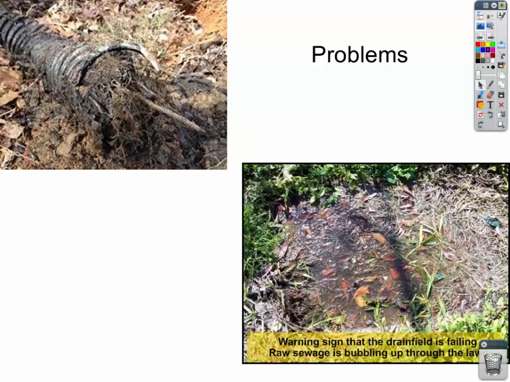Some of you remember the gray water incident at school when our pipes were clogged and waste built up and it spewed out of the water fountains on the first floor of the business apartment. So that was a situation where our school septic system failed. It was clogged. Okay, so there's a bunch of problems that can happen with an on-site septic